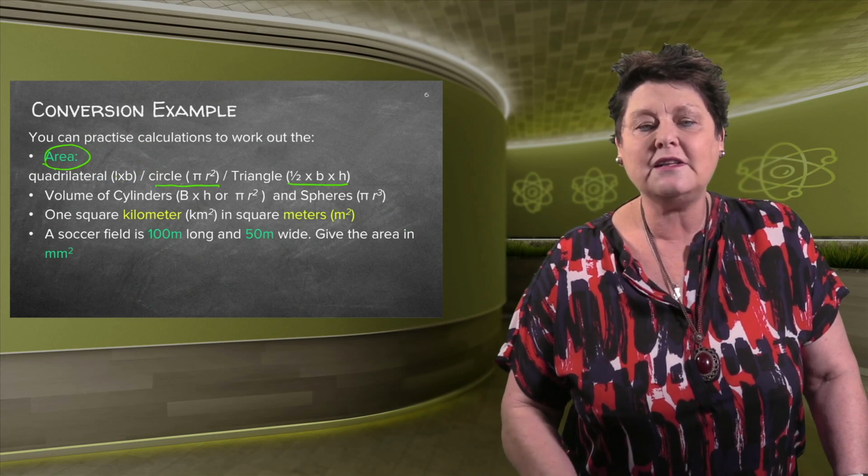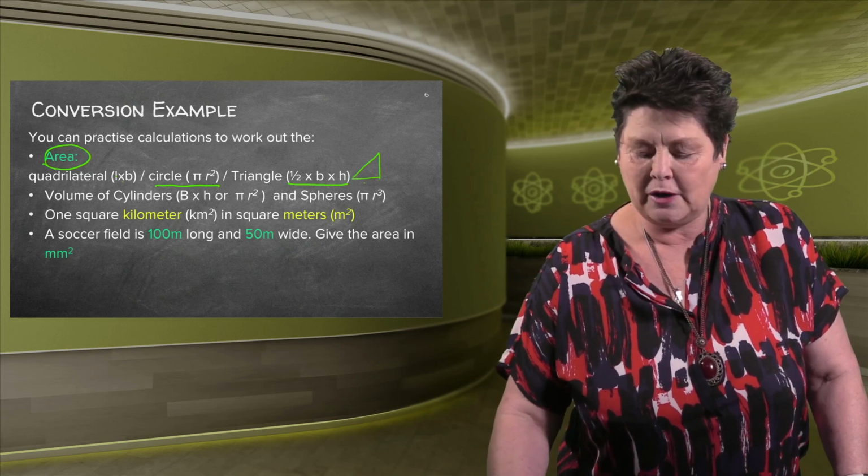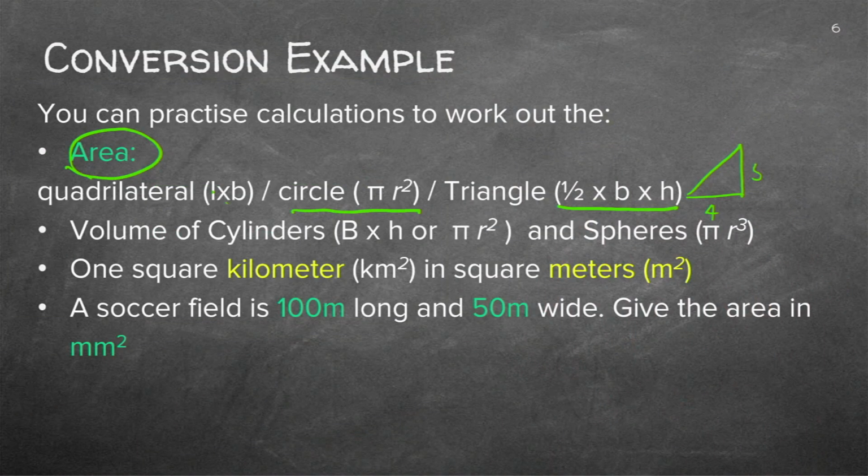So practice a little bit, draw a little triangle and say to yourself, I've got a base of 4, I've got a height of 5, how can I find the area? You go to your formula and you substitute your values in there and you find the area of a triangle, for instance. A volume of a cylinder. You've done some of this in mathematics. Practice. Take own values and work out spheres.